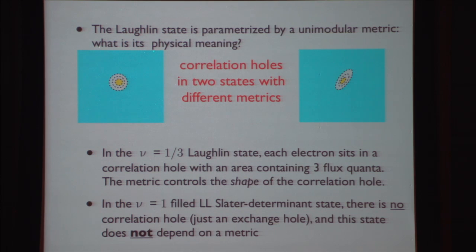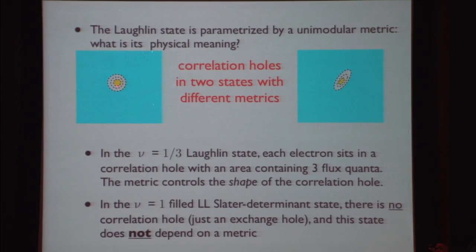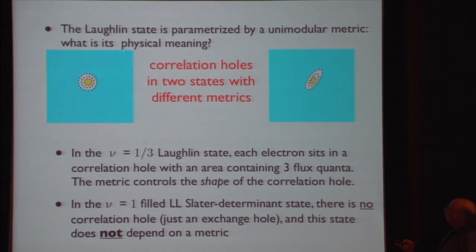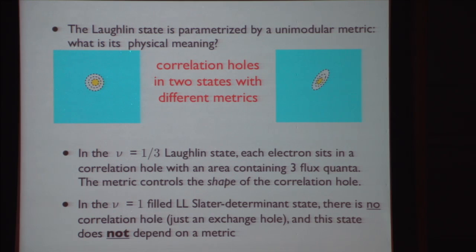And since there's 1 independent state per unit of flux through the system, the notion of flux attachment really means the notion of one single particle state attachment, or orbital attachment. So the Laughlin state has a rotational symmetry, and if I generate a rotational basis by using the metric around a point